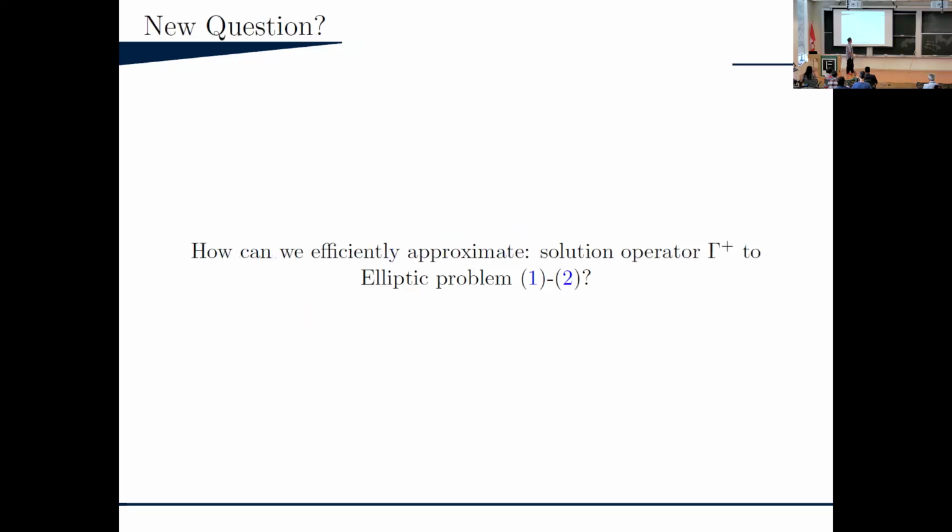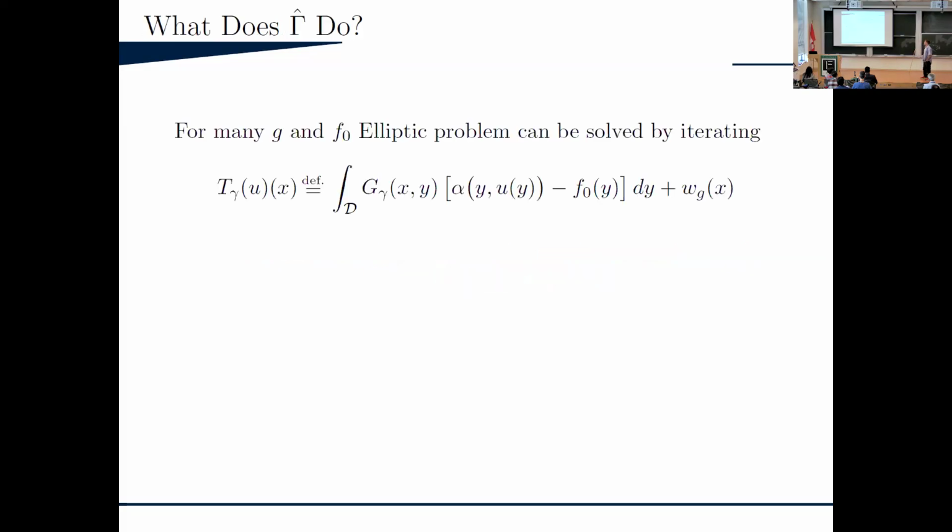So how are these rates possible, right? Exactly. So in other words, I've transferred the question to ask myself: how is it possible to efficiently approximate, with the same rates, the solution operator to this elliptic problem? To understand that, we need to start actually going into the elliptic problem.